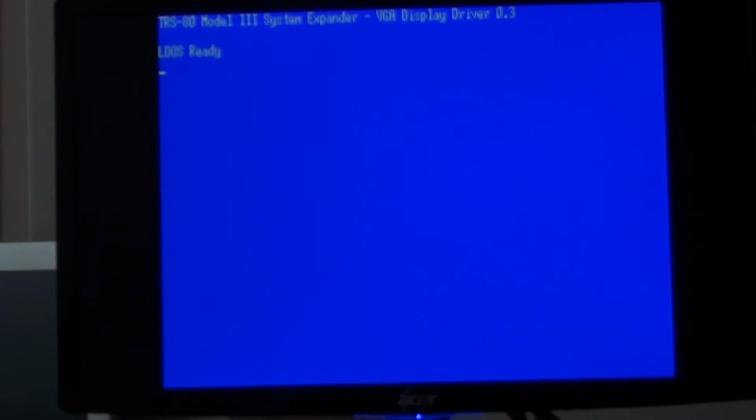I've moved the VGA monitor a little bit so that you can see it instead of the back of my head as I type on my Model 4P. And I want to show you the Telnet client now. The reason I didn't do this with the Model 3 in the other room is that, as I mentioned, it's on a wireless adapter. And the Telnet client operates in character mode, which means for each keystroke you type, it